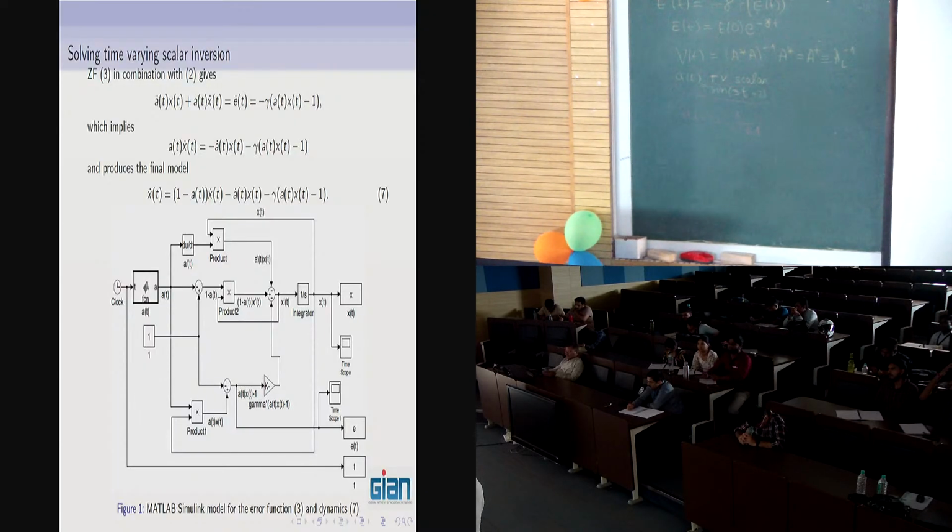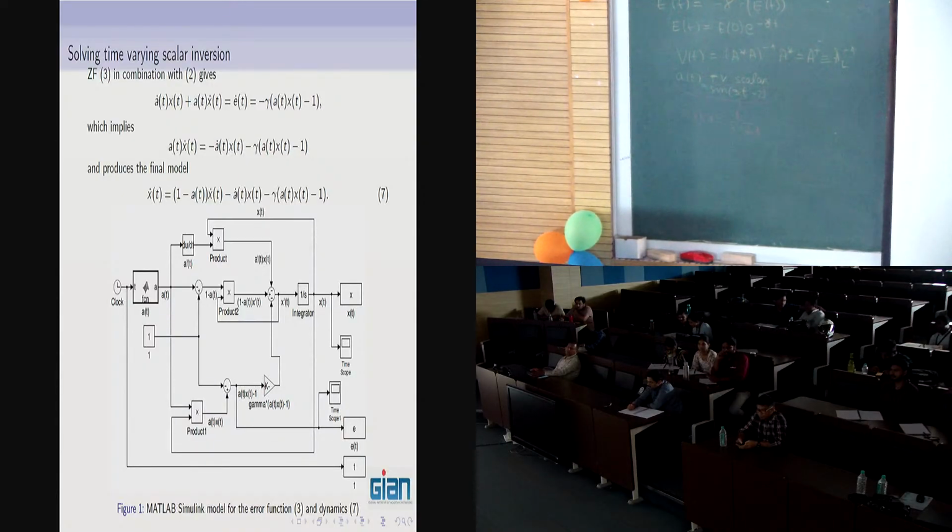We need 1 minus A of t. Here is constant 1. We need a block with constant value. 1 minus A of t, product with